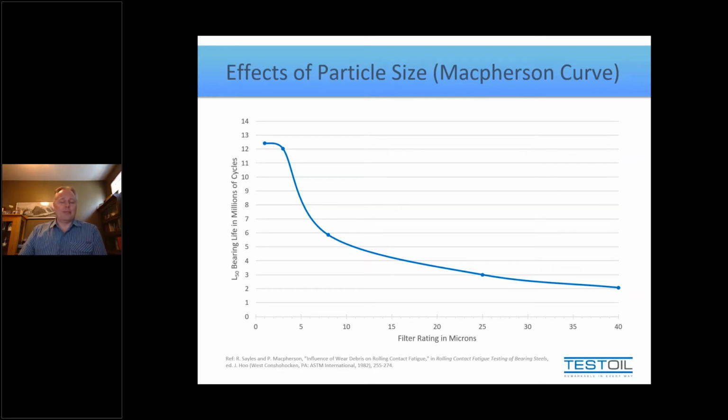Now, if you start on the far right of this graphic here and look at 40 microns, again, reminding you that's the smallest particle you could see with the naked eye, it would suggest that if we filtered down to 40 microns on this particular set of bearings that was used, we could achieve about 2 million cycles. Now, if we reduce the filtration to 25 microns, you can see there is a small increase. Now, I say small, even though it's actually quite significant. It's about a 50% boost in bearing life, but it's small relative to the whole graphic.